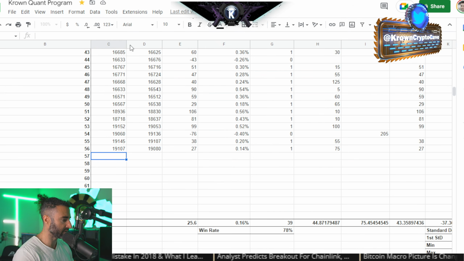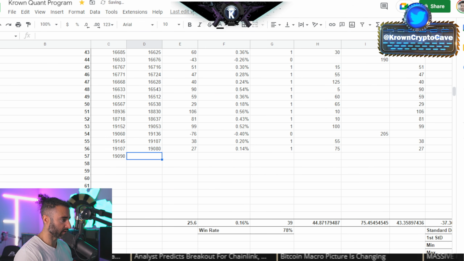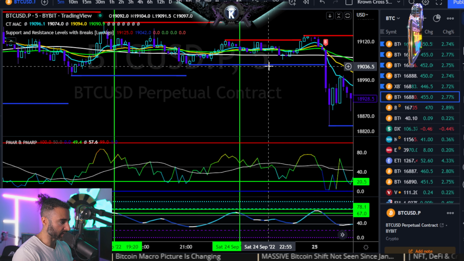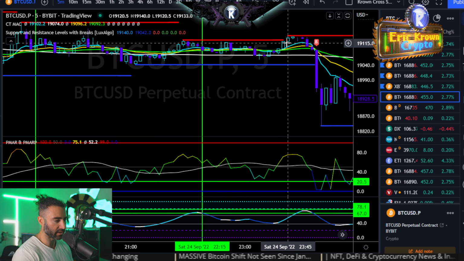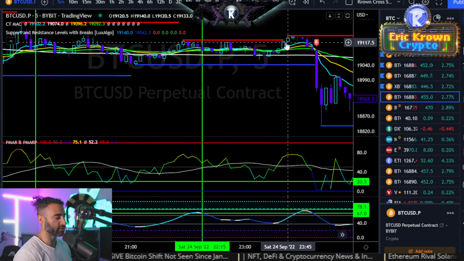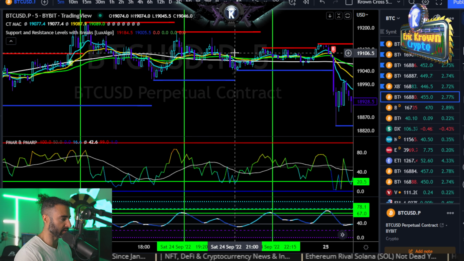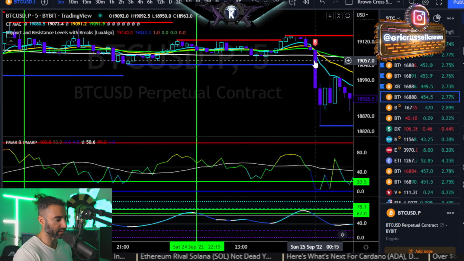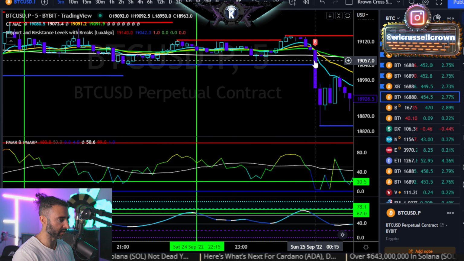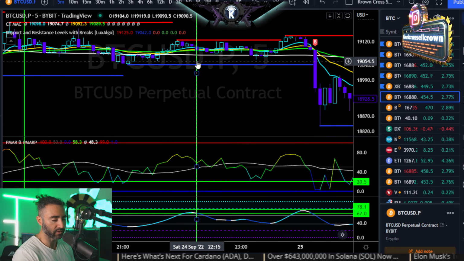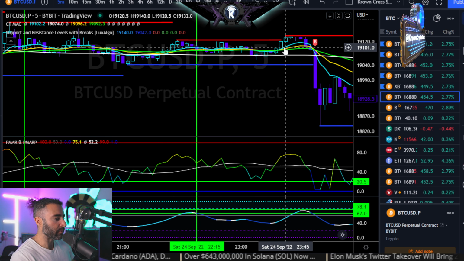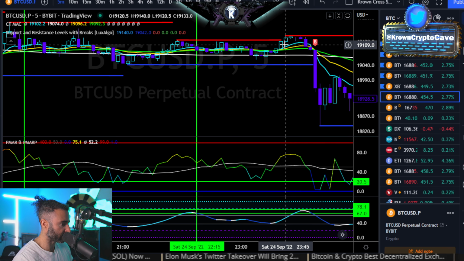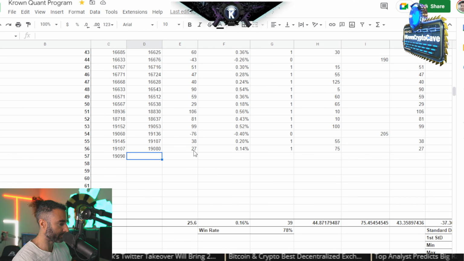Boom, 19090 entry. Again, another example where entering closer to the actual highs would have been better. And in this one, you can see that I'll actually take the loss here. Again, if you know how to do range highs yourself, you'll know very obviously that these are more accurately your range highs. Here, you would have stayed in the trade and you would have actually gotten a pretty damn big winner for this time frame, 18,963 exit. So it would have been closer to a $200 winner. I won't do that for this one. Again, the data needs to be consistent. Very, very important. So I'm going to take the loss right here, 19,133.